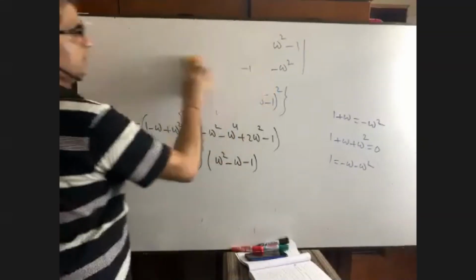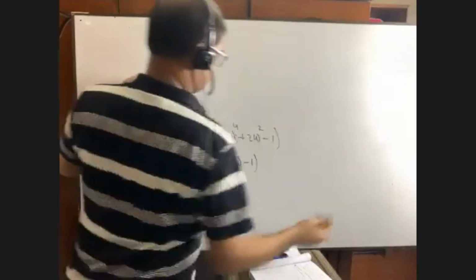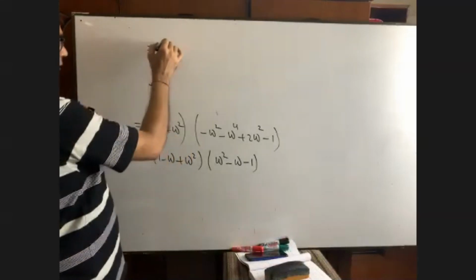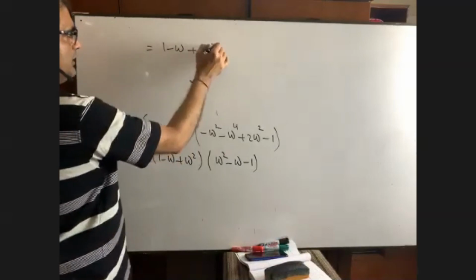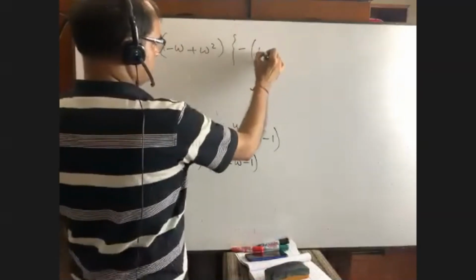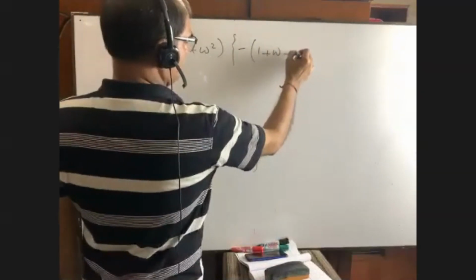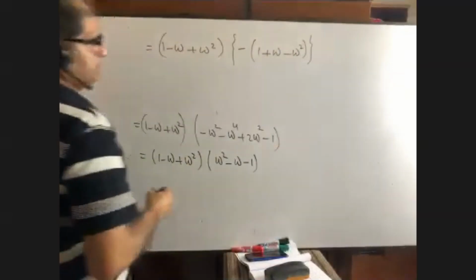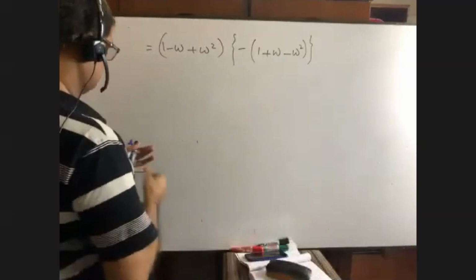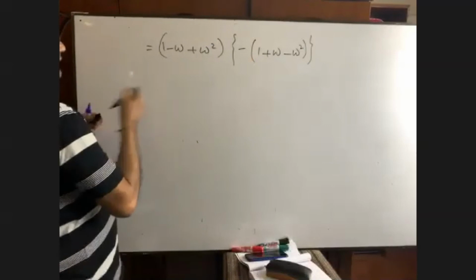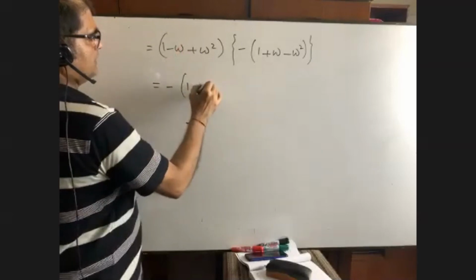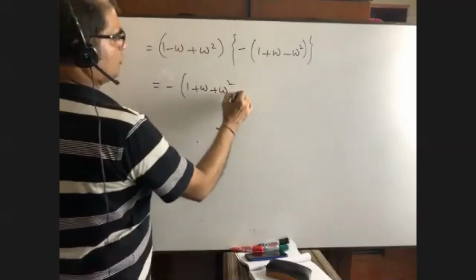It's okay. Now we see that we can write here 1 minus omega plus omega square. We can take a minus common here and we'll get minus 1 plus omega minus omega square. Right? I am just avoiding minus, nothing else. That minus can be taken at first. You take minus at first. Then it is what? I can write here 1 plus omega square minus 2 omega.